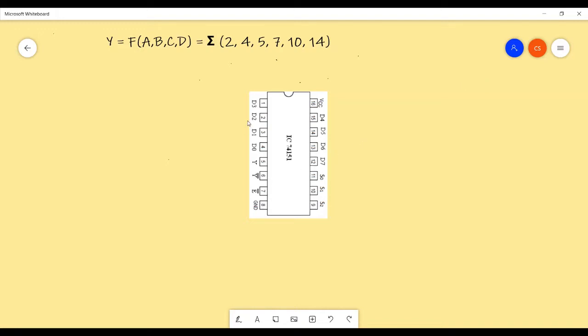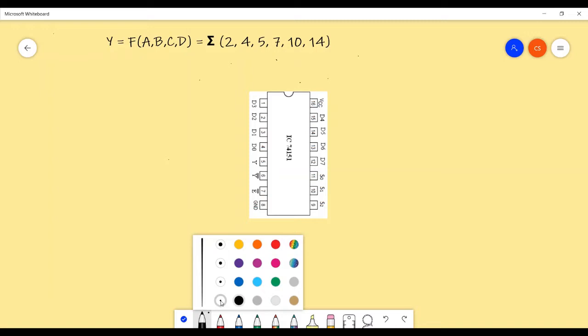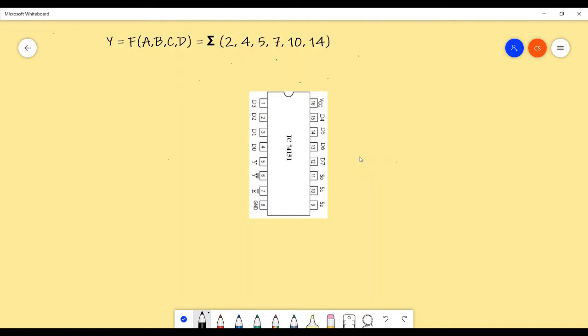So this is a pin diagram of your 74151. This is basically the 8:1 mux IC that I intend to use in the experiment. If you check out this IC, you will get familiar with all the things I explained. My IC should have the inputs D0 to D7, so it should have 8 inputs.